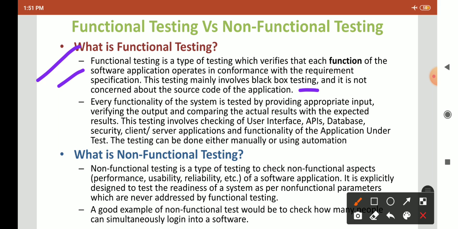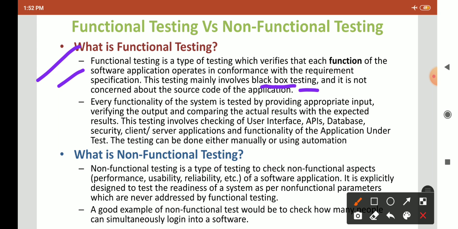In black box testing the coding knowledge is not required. The tester does not need coding knowledge, and can still check your software. It is called black box testing. But for white box testing the coding knowledge is required. So black box testing can be performed by any person, but for white box testing you must have the coding knowledge.